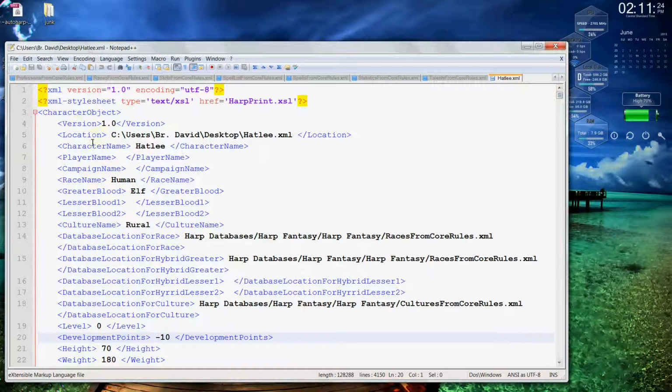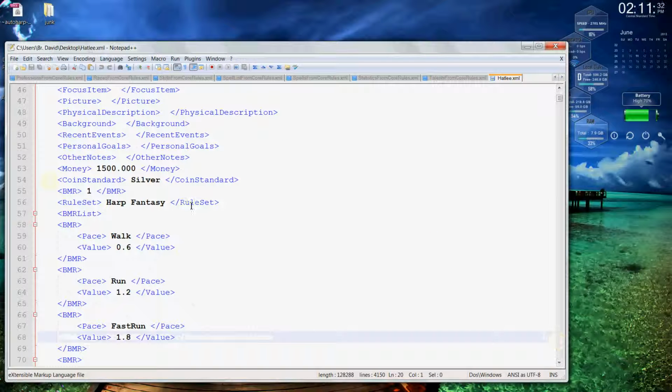But other things like campaign name and race name, it doesn't matter what order those are in. However, I would recommend that you keep the last node of everything always the last. So rule set is always the last. Should stay right where it is. Here you can basically update and make very customized changes to your character sheet, and any change here will show up on the character sheet